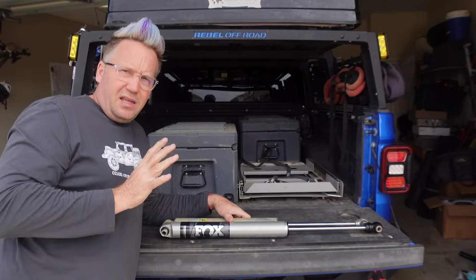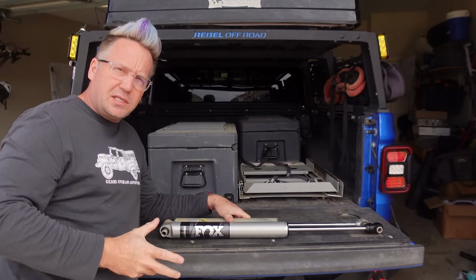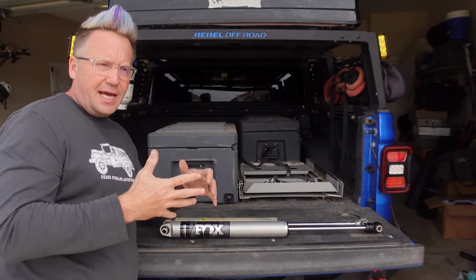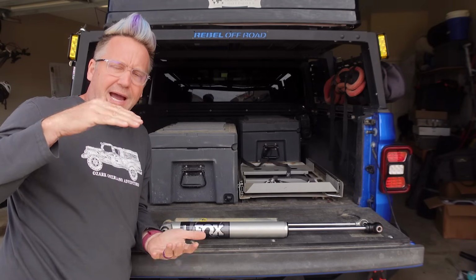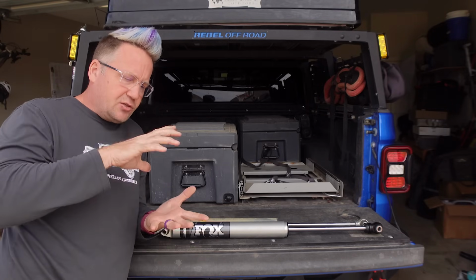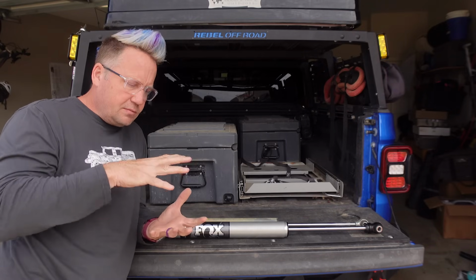Now I do have, like I said, a 3-inch lift, but I run longer shocks on my lift because I have progressive coils. And the progressive coils are fantastic because if you were to run a longer shock on a standard coil, that shock would allow more droop than what the coil fills up between the axle and the body, or the frame, and your spring could fall out. But with progressive coils, it's got that extra tightly wound section at the top that, sitting on the spring, compresses it for that first